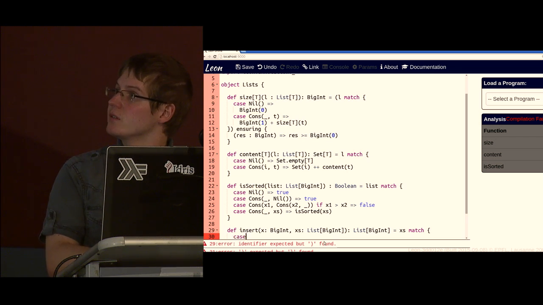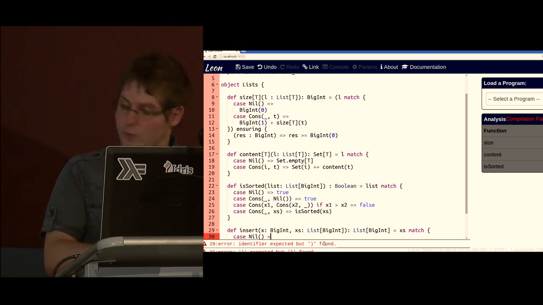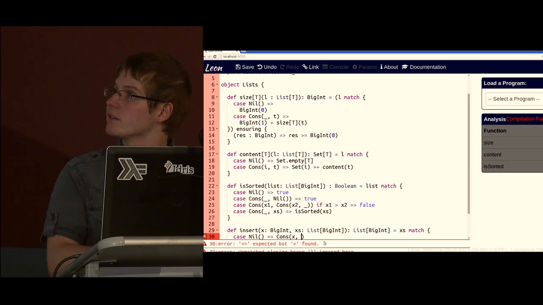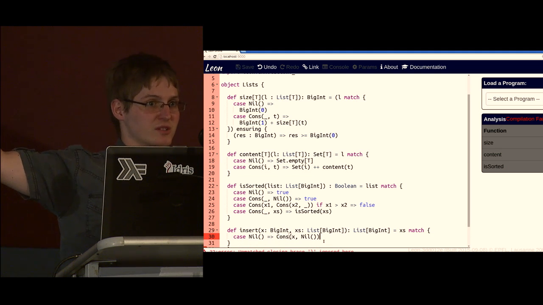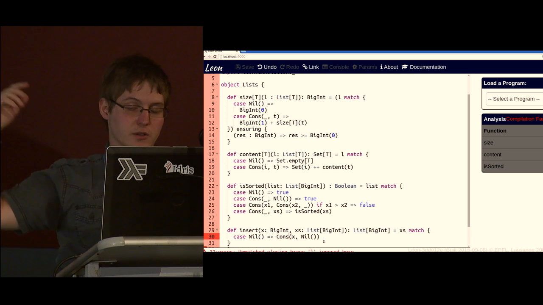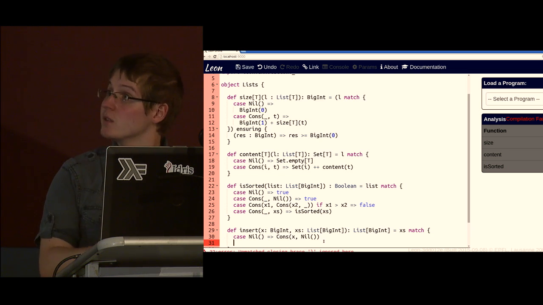Right. So if it's empty, we give back Cons(x, Nil). As you can see, it's not quite Scala. The Nil has parentheses right here, and instead of colon colon you have Cons, but that's fair enough.